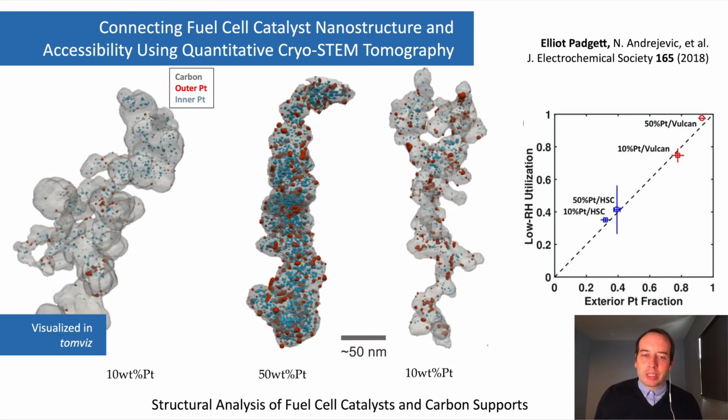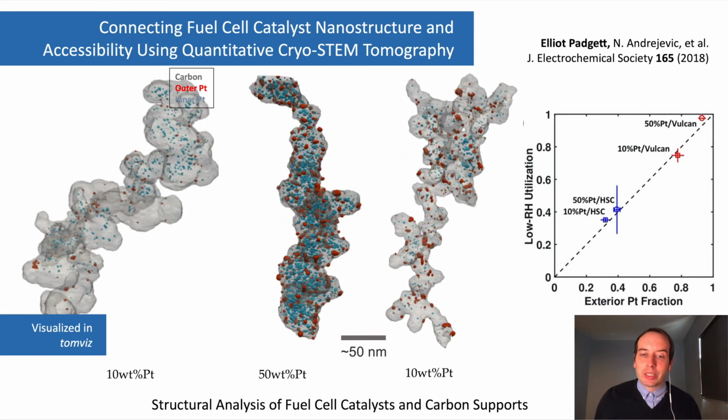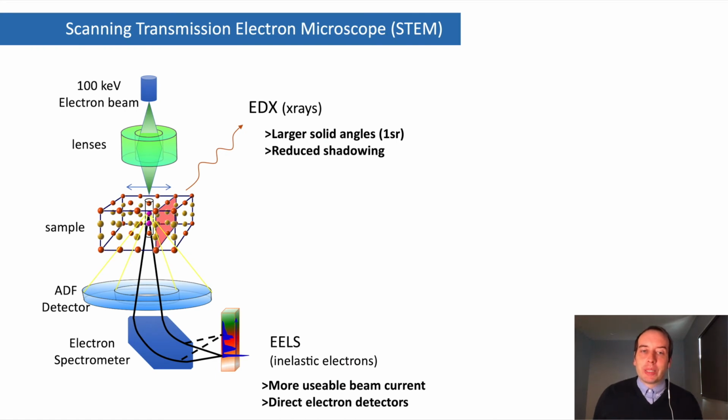However, if we have complex chemistry, say silicon dioxide layers at a silicon interface, knowing the exact chemistry in 3 dimensions becomes very challenging. But STEM gives us additional signals beyond the ADF detector. In addition to the elastically scattered electrons collected in that annular dark field detector, inelastic scattering events can produce chemical signatures which we can collect, either through X-ray emission, where new detectors with larger solid angles and multiple detectors that allow for high tilts that reduce shadowing are allowing us to do EDX, X-ray spectroscopy,